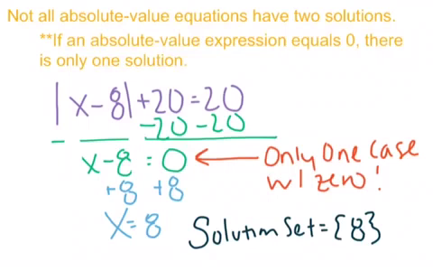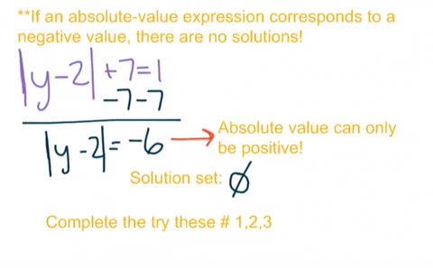When you then solve it, all you can do is add 8 to both sides, and that is your one remaining solution. Because the absolute value is 0, you can't do a case 2 because you can't put a negative on a 0. Okay? The second issue is if an absolute value expression corresponds to a negative value, there